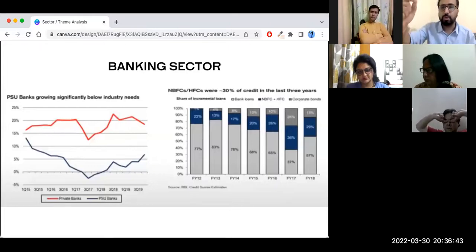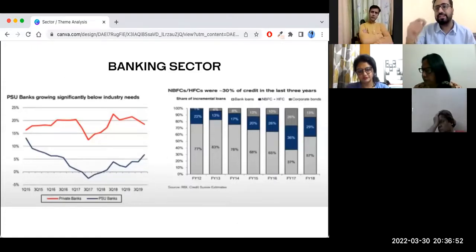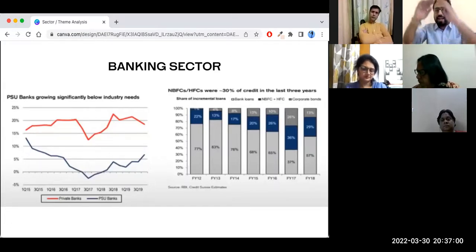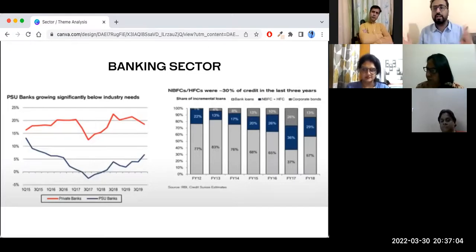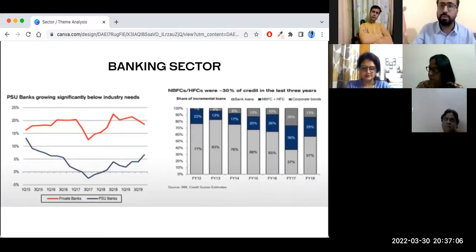Muthoot Finance and Manappuram are another example, of gold loans. They have been having tremendous growth. Even HFC examples are Aavas and Aptus Value. Right? All these companies have been able to grow tremendously because the entire NBFC and HFC market is expanding at 20 to 22%. 20 से 22% grow कर रहा है.